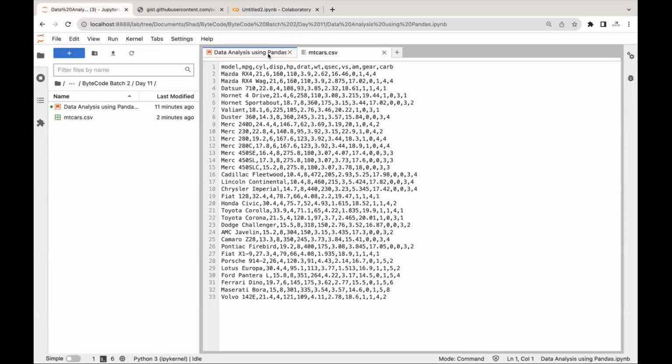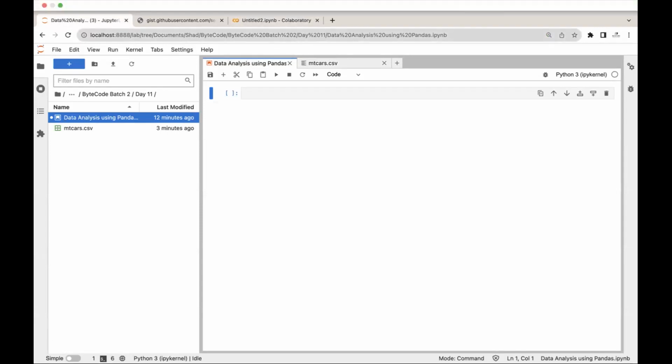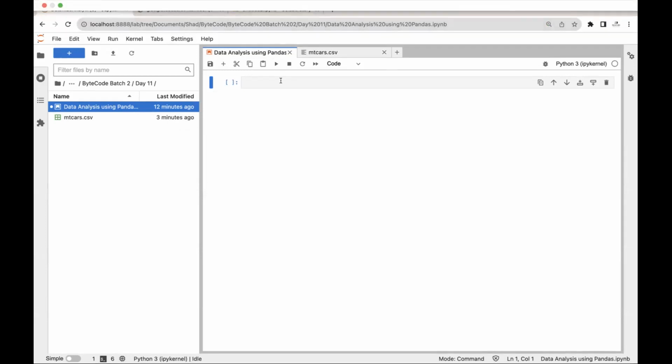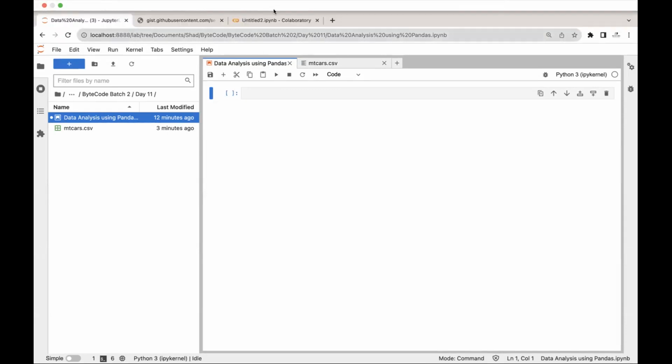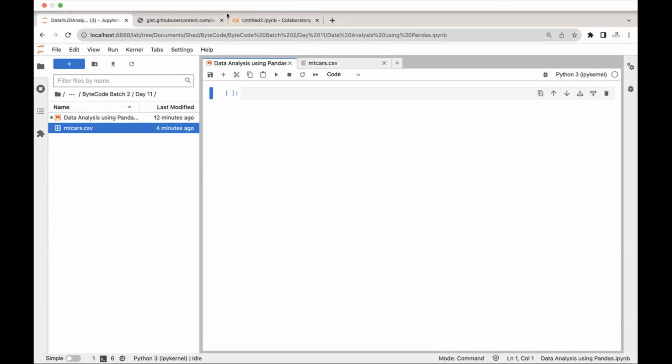Any doubts guys until now? This is a major step. If you didn't get this, then you won't be able to execute any programs. Any doubts? Were you guys able to create this file or download this file and get it on the Jupyter Notebook or Colab? How about you guys? Imran bhai, okay. Siraj,